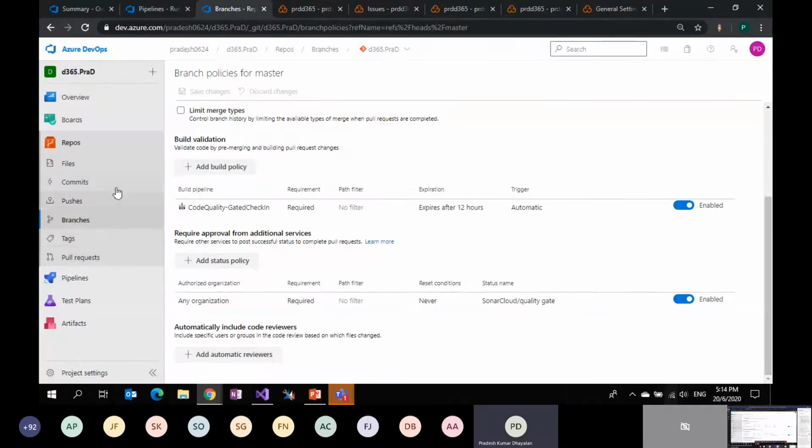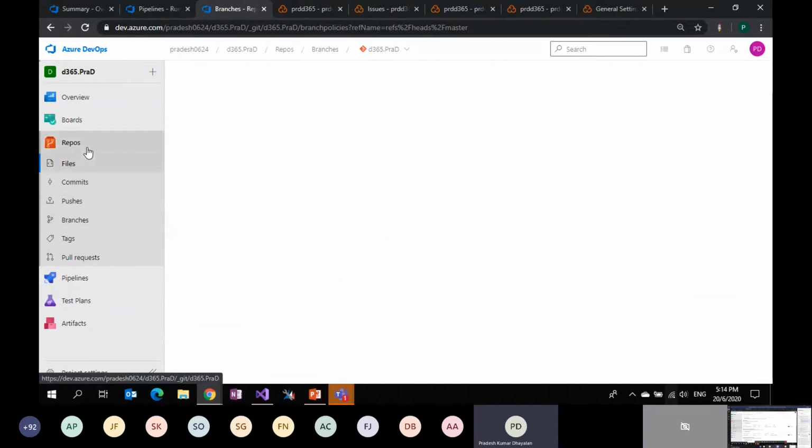So this is about making your branch protected, enabling a gated check-in in your branch. So this is about that, and we're going to move towards